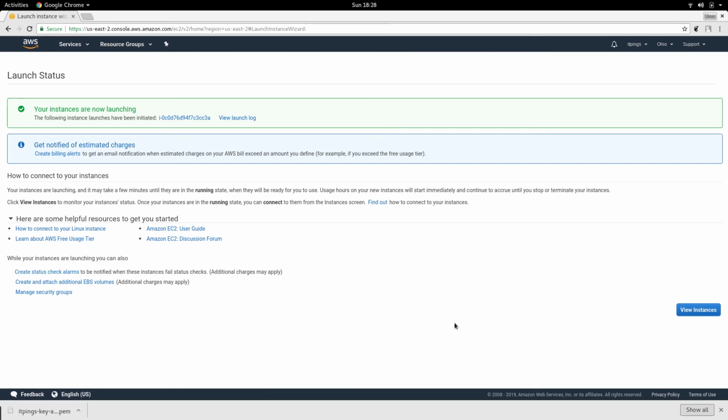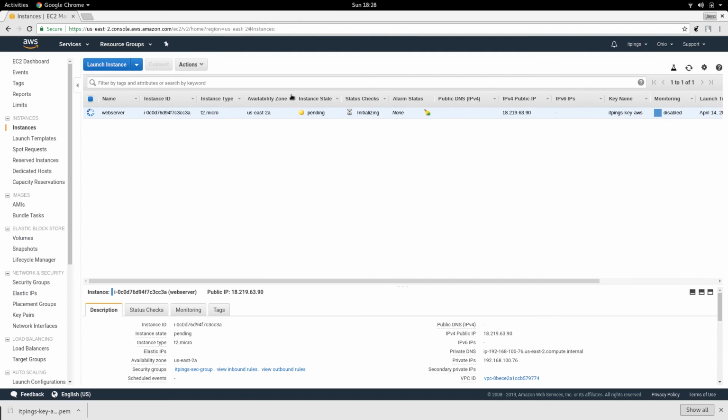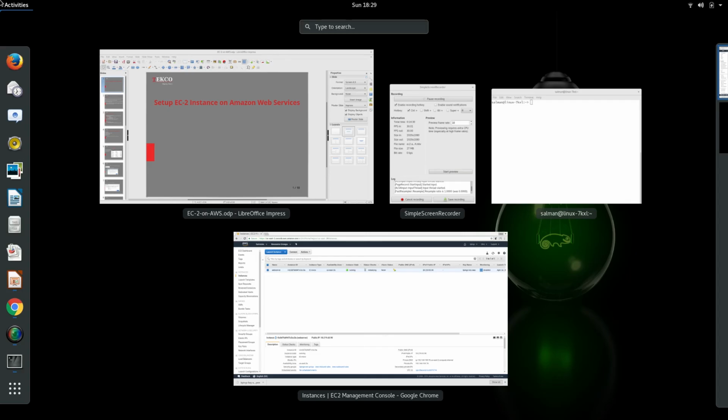It will take a couple of minutes. So let's view the instance launching. First of all, it's in the pending stage and it's initializing. And since it's a very small instance, it's not going to take a lot of time. And here you can see our public IP. Just copy this. Or you can copy this IP from here. So we need to wait. And now you can see the instance is running. So let me go to